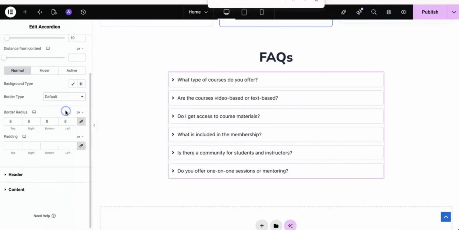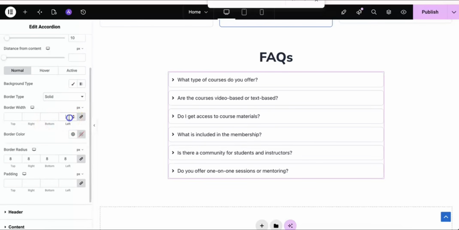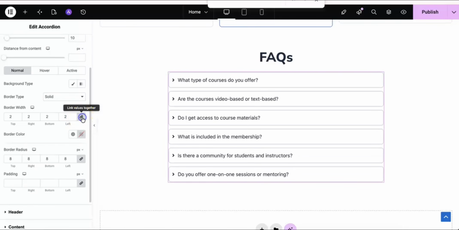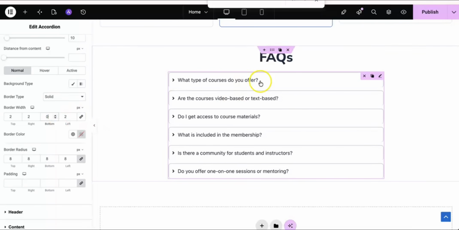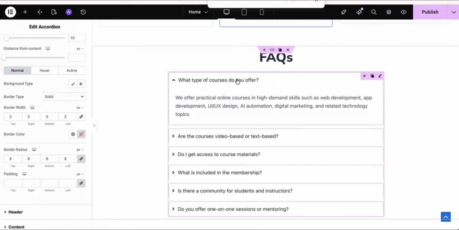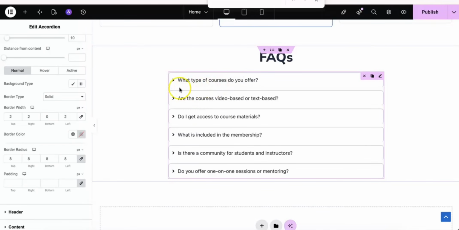So I'll give it solid border, again 2, unlock, and I will remove the bottom border line. Let's see. No, it's not looking good, because it should have,